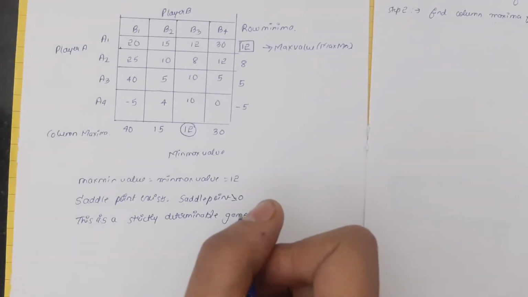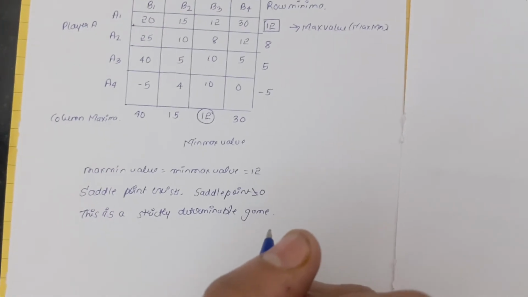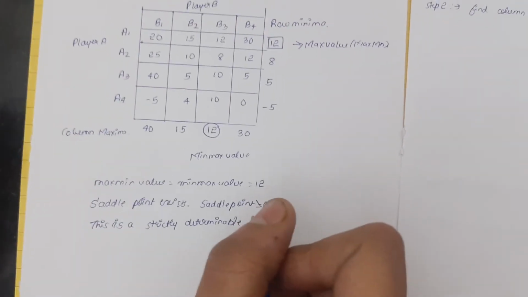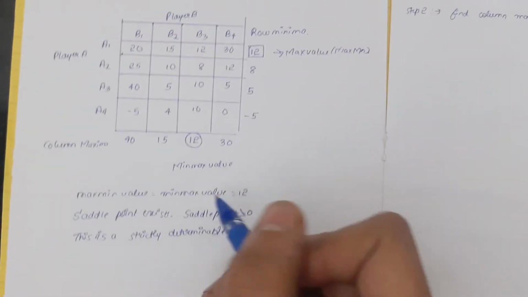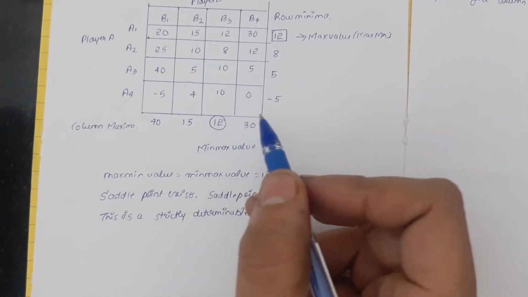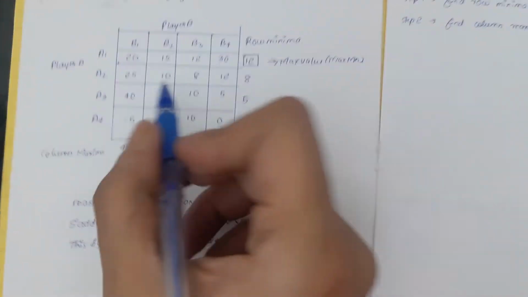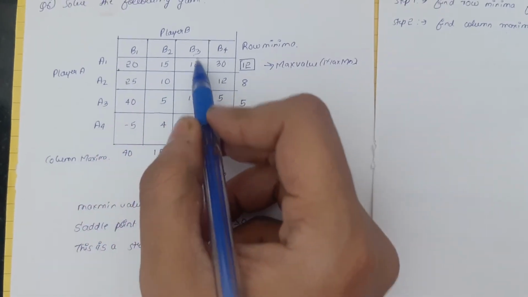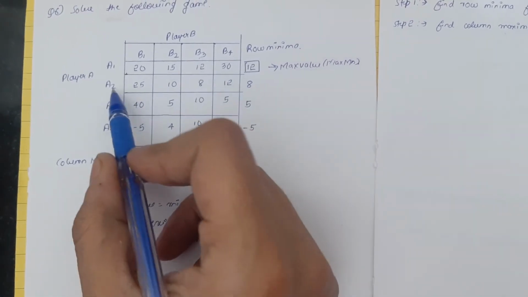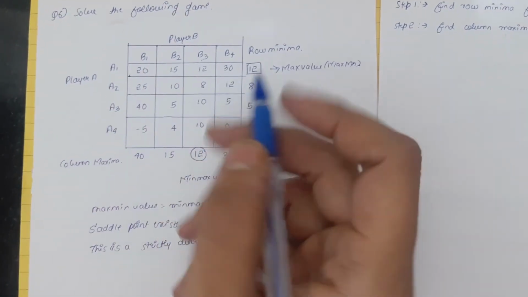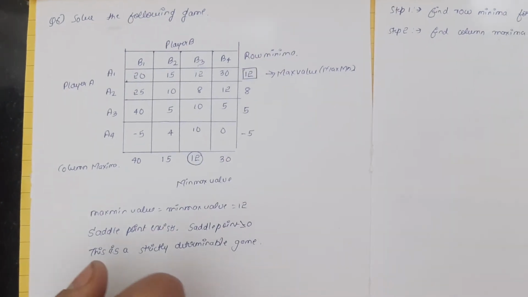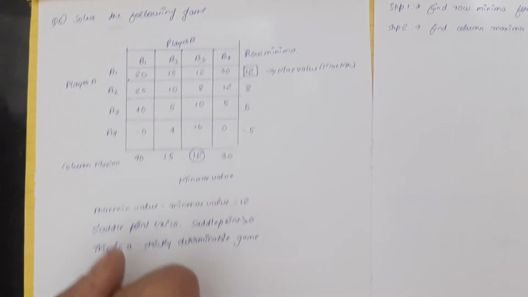Remember friends, we need to mention this particular statement so that to obtain full marks. Also we can see here this particular saddle point, that is 12, which is even found in A1 into B3 and even in A2 into B4. So the optimal strategy becomes